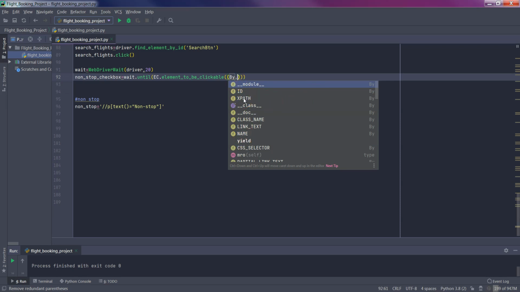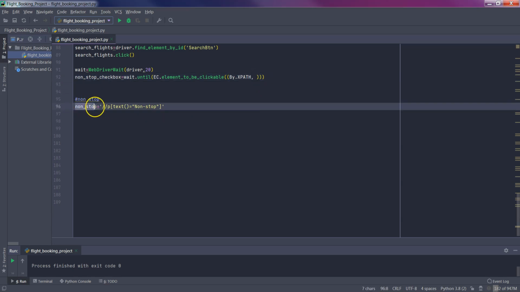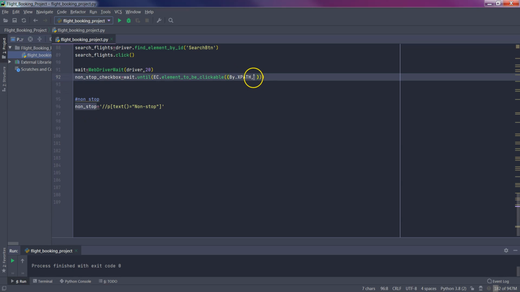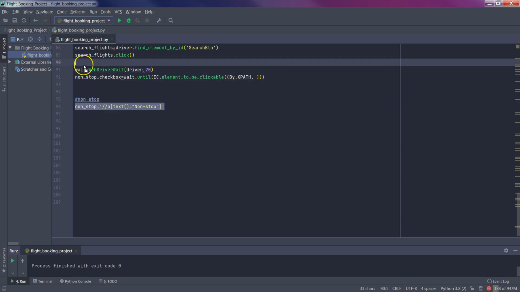And you can see that we have again the different locators we can use. Here in this example, we go for the Xpath, then put a comma here. And now you need to provide the Xpath expression you want to work with. Actually, we have stored it in this variable. That means we can just either write down the non-stop checkbox variable in order to have access to that, or